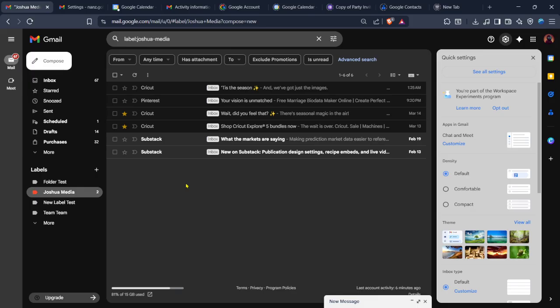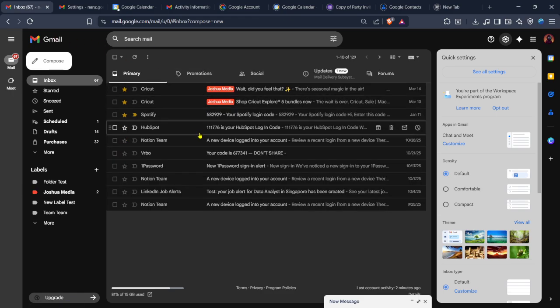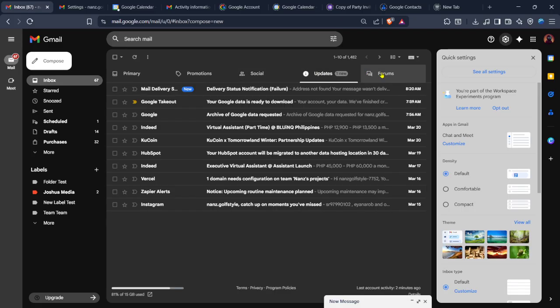At this point, the filter is active and I can repeat the same process for any other email addresses I want to sort. It's really handy for managing newsletters, work emails, or anything that tends to pile up. This way I can glance at my main inbox for urgent messages while everything else gets neatly tucked into the